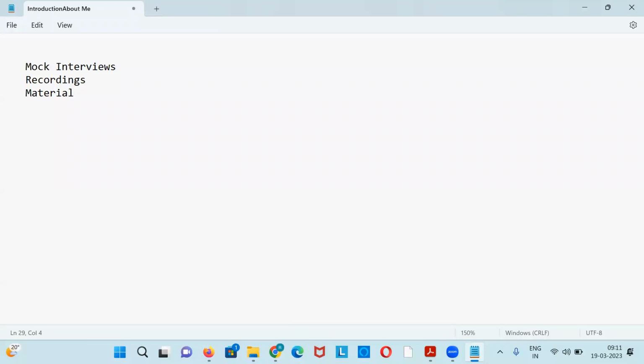Material and interview questions. We'll share the interview questions, because based on the current market and project requirements, what are the most important questions they are asking, what you need to stress more while you are learning, that is also important. Not everything, something you need to stress.